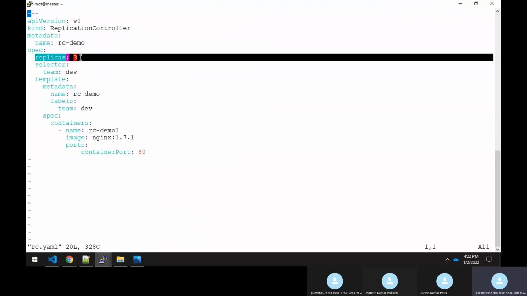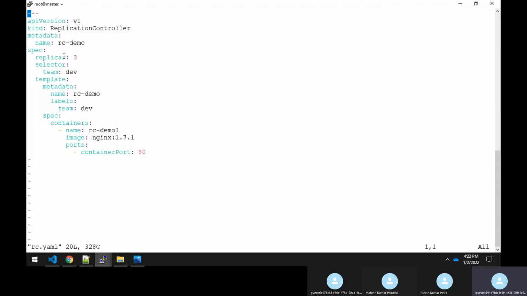So here you are given the replica as three pods actually. But in each and every pod there will be containers, right? So you need to give the specification about what exactly will be running inside that container. Because container is an array, you have to give two spaces, dash hyphen and space name.